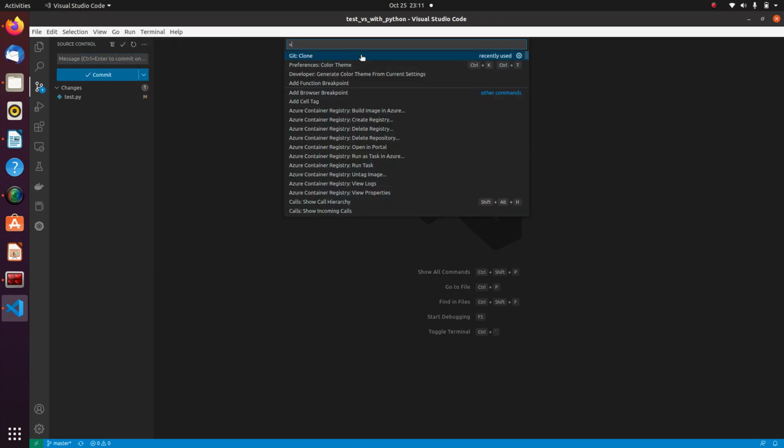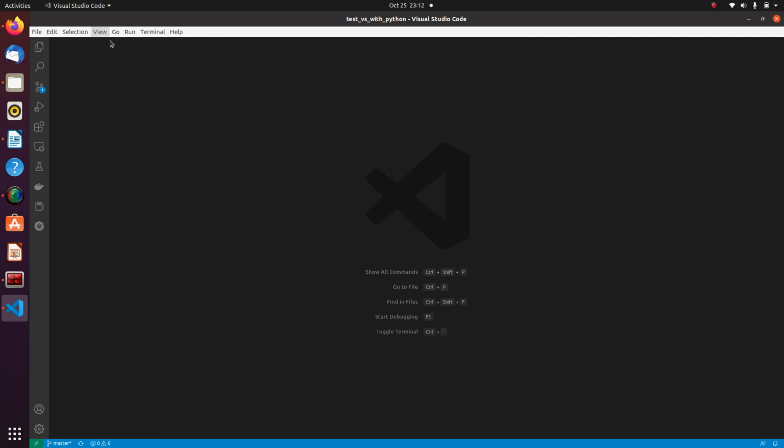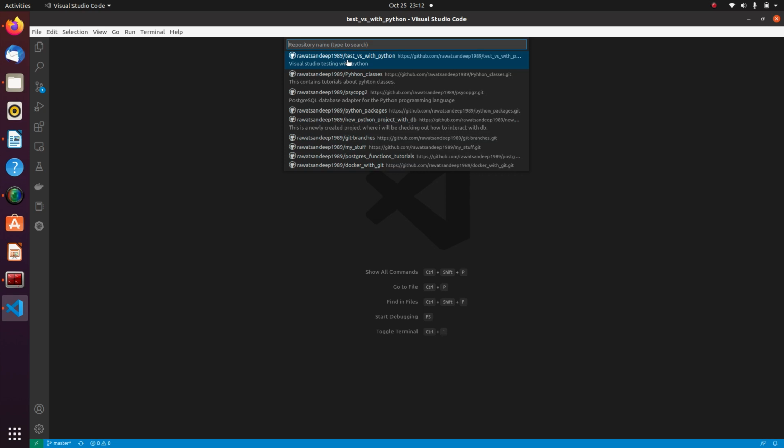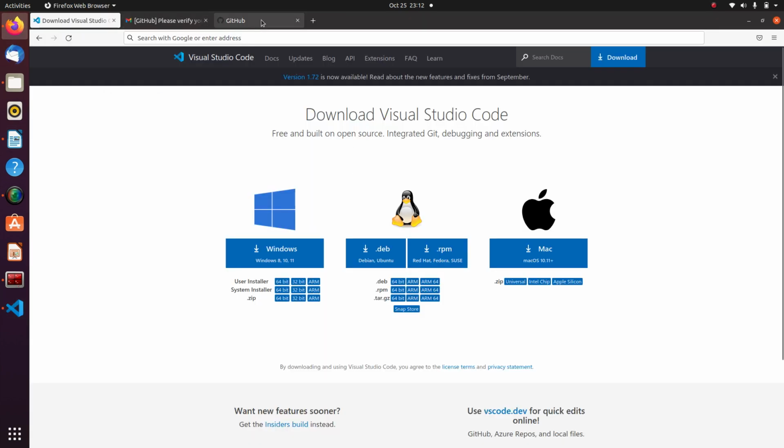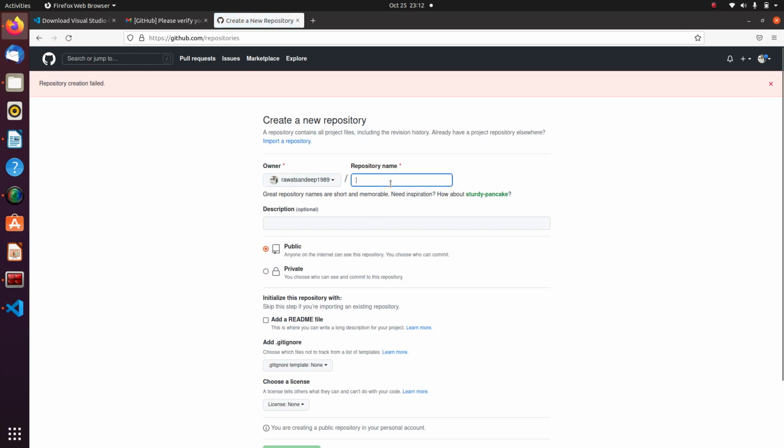You just need to go to the command palette and type that you want to clone a repository, and it will automatically give you options for what you want to do. Just type git clone there. I have already created one project, but let's create a new project here. This is GitHub, where you can create your own project and pull it into VS to maintain it. So let's create a new repository, and we can call it demo tutorial,